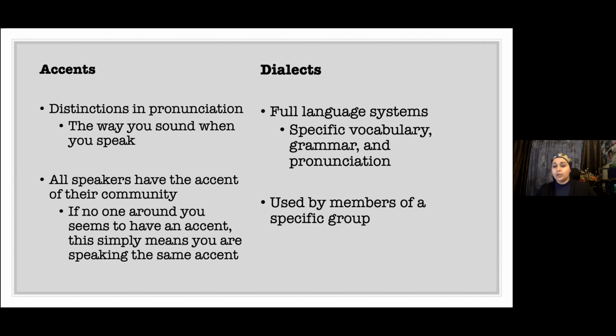All speakers have an accent. So if you say, I don't speak with an accent, you're wrong. Everybody has an accent. It just depends what kind of accent you have and where it's from. What happens is you tend to speak the accent of your community. So if you live and stay within a community and there aren't people coming into the community or going out, all of you will have the same accent, and therefore we don't hear that distinction in the sounds. But when you go to another region, another area, that's where the accent comes out, and people can identify that it sounds different.